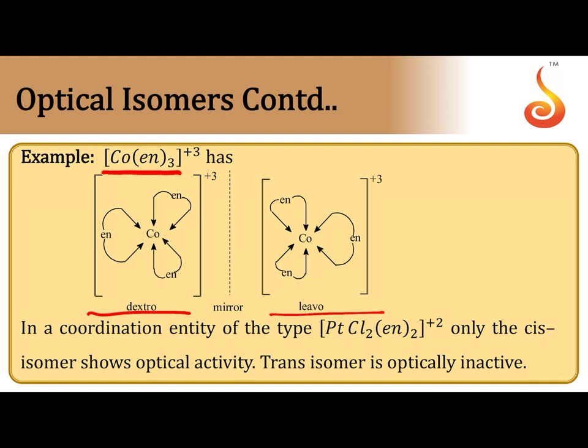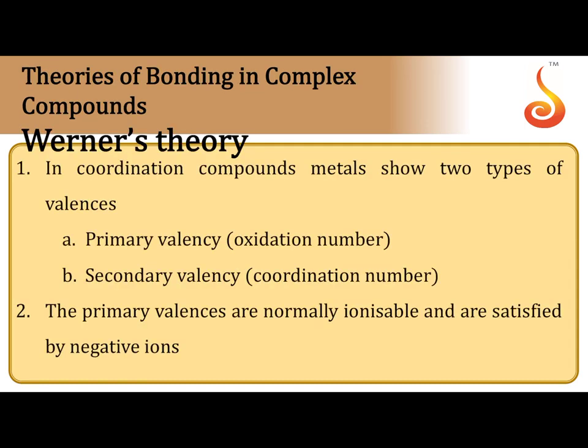Generally, octahedral complexes with bidentate ligands can exhibit optical isomerism due to lack of symmetry. So to exhibit optical isomerism, the essential condition is that the complex molecule should not have any symmetry. If you observe these two molecules, both are non-superimposable. One rotates plane of polarized light towards right side, other one rotates towards left side. They are optical isomers and non-superimposable, exactly mirror images. That's why they are also called enantiomers.